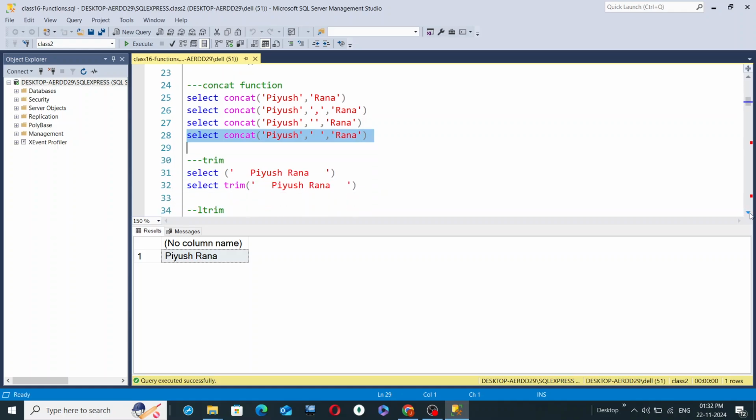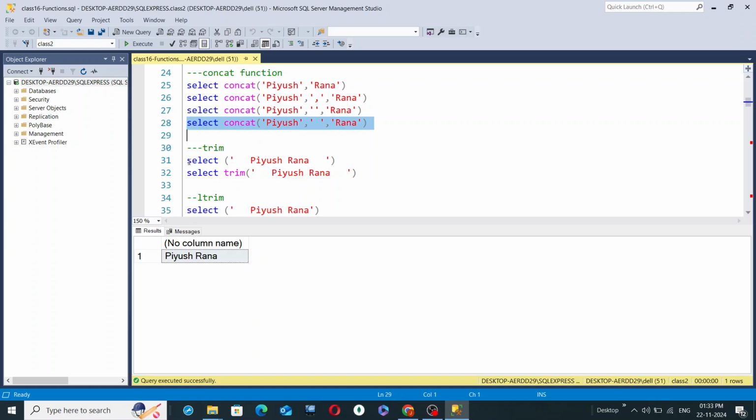Okay. Then you have something like the trim function. Trim function is to trim out the extra spaces. Extra spaces. Okay. So line number 31, select and select. Then within the parenthesis, you choose your single inverted commas. Then give some name like Piyush Rana. Okay. And between the starting inverted comma and the P of Piyush, you can give some backspaces, like some spaces here. Okay, intentionally I have